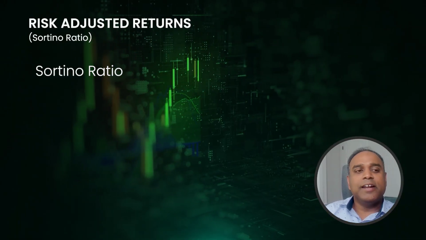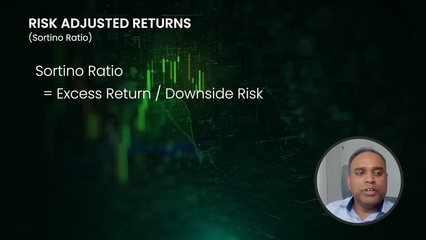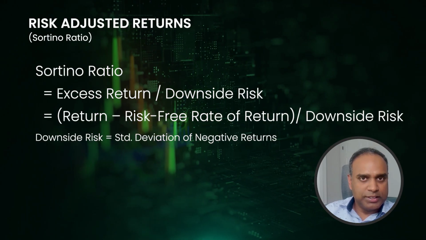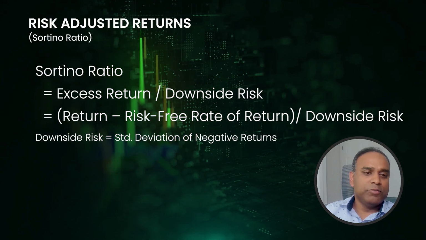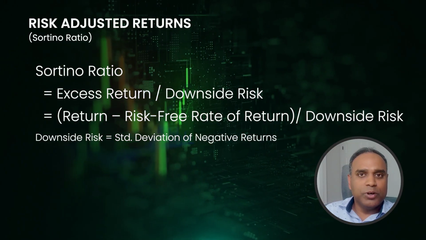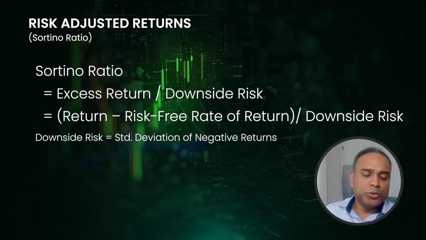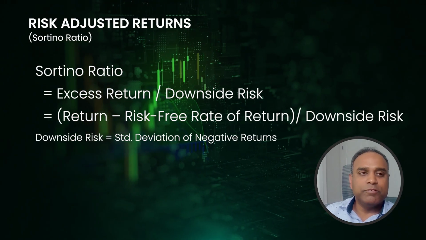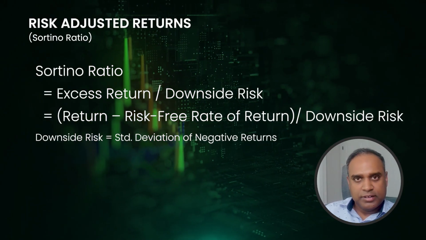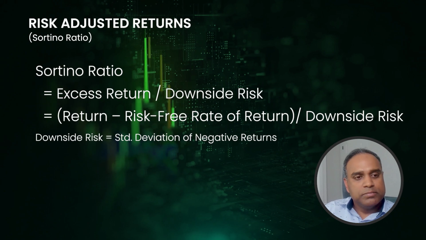The next ratio, as I said, there are two important ratios for risk-adjusted returns. There is another ratio called the Sortino ratio. Now, these are named after people who invented these ratios, and the Sortino ratio, the only difference between this and the Sharpe is the denominator: instead of considering all the fluctuation or volatility, it only considers downside volatility or downside risk. What that means is, if the price goes up, don't think of that as volatility. That's okay. As an investor, if the price goes up, I'm happy and I don't have to consider that as risk. But if the price goes down, then I need to consider that as risk. That is the simple difference between the Sortino ratio and the Sharpe ratio.